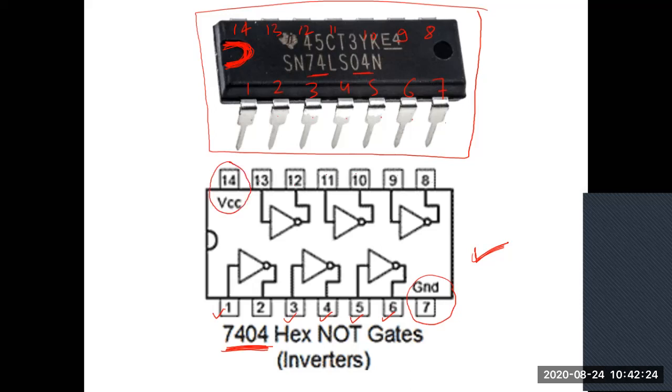But for activating this IC, you need to be very careful with these 2 pins, because without connecting your supply to these 2 pins, your IC will never work. Pin 7 is connected to ground, and pin 14 is connected to VCC. VCC in the case of 7404 is a DC voltage in the range of 5 to 12 volts. A DC voltage has a plus and a minus, so you connect this one here and this one here. This is ground and this one is VCC.